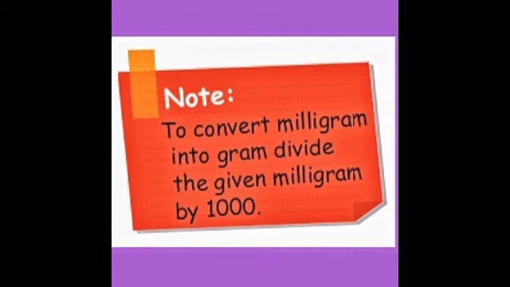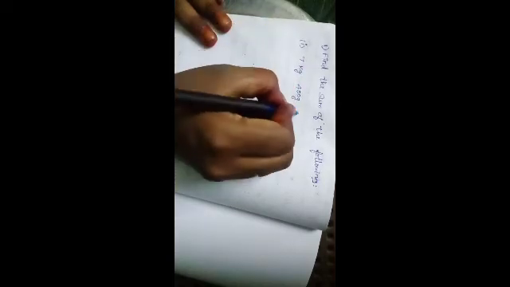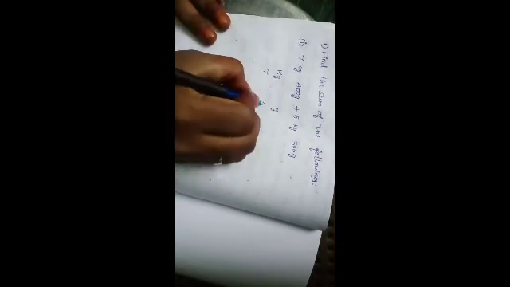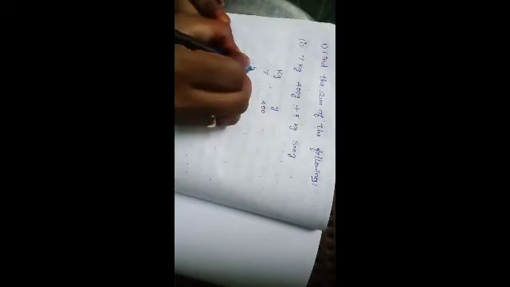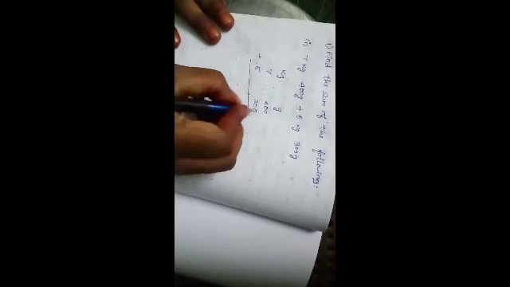First question, addition. Find the sum of the following. First question, 7 kg 400 gram plus 5 kg 300 gram. So what is given in the question? We have kg and gram. So consider the topic as kg and gram. Under that we want to write which are the numbers under kg, which are the numbers under gram. First number 7 kg 400 gram. So in kg we should write 7, in gram we should write 400.